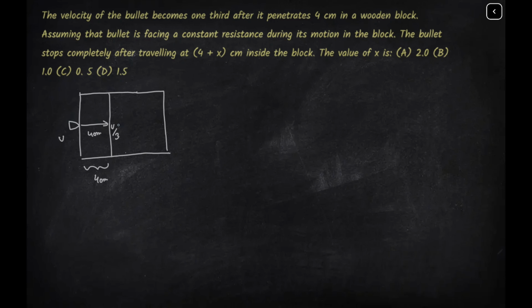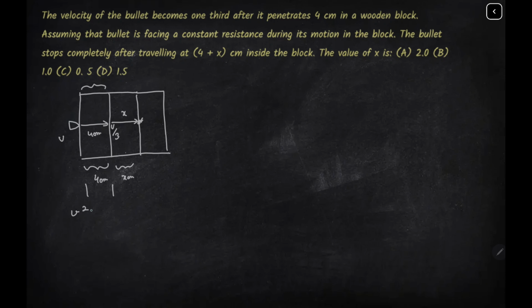cm in the block. Also, it has been said that after it has traveled x centimeter, let's consider x centimeter here, the bullet has come to a final stop. So the bullet stops here at this point. So what we will do here is, first we will consider this portion. So we will concentrate our attention on this portion, and at this portion we will apply the formula of motion